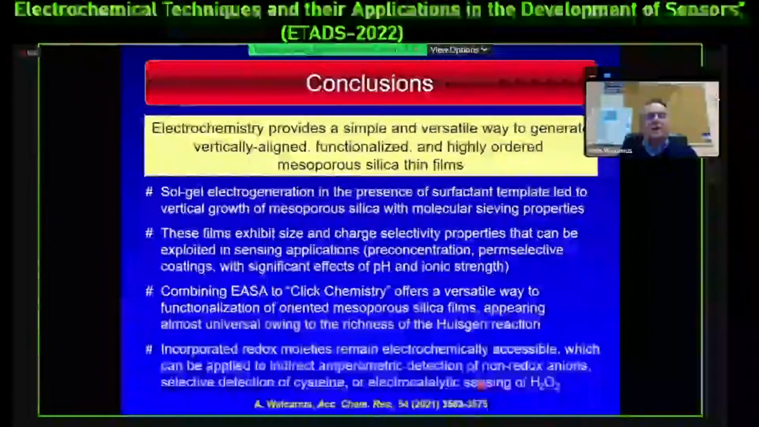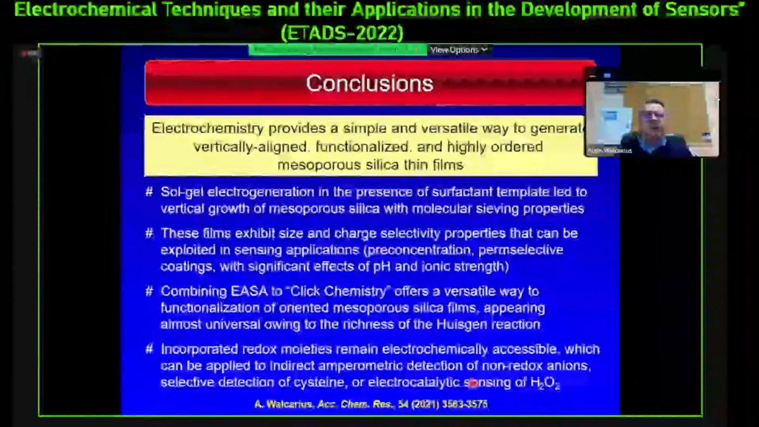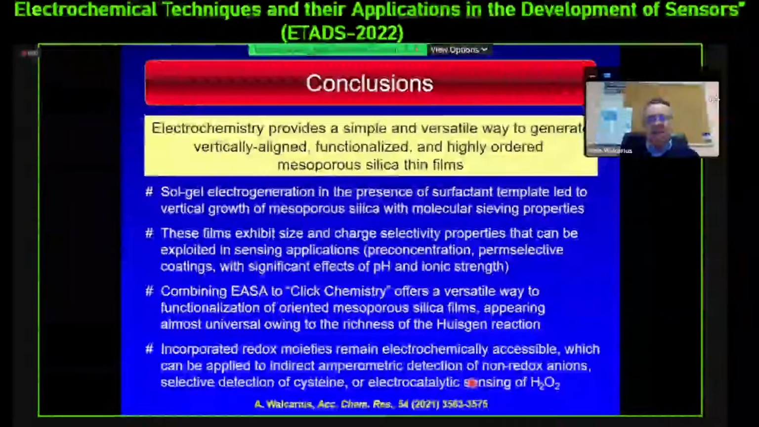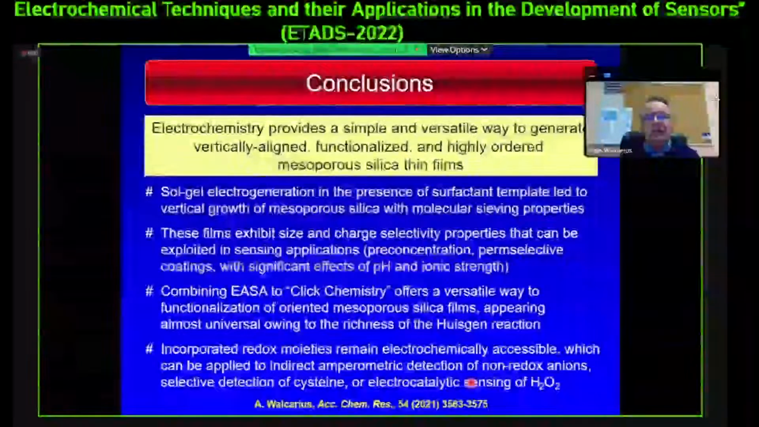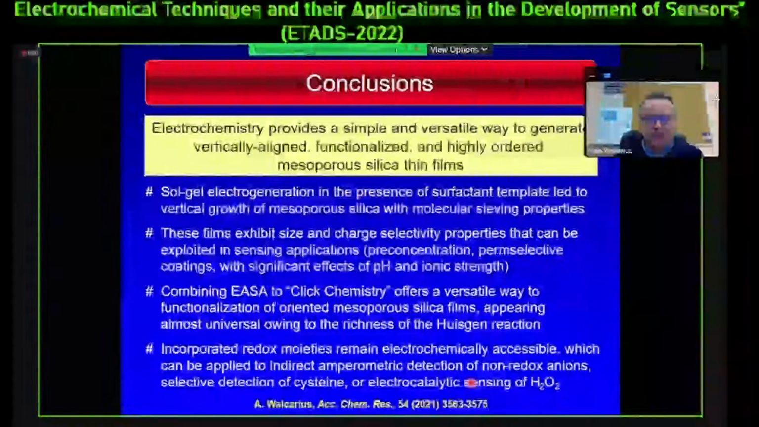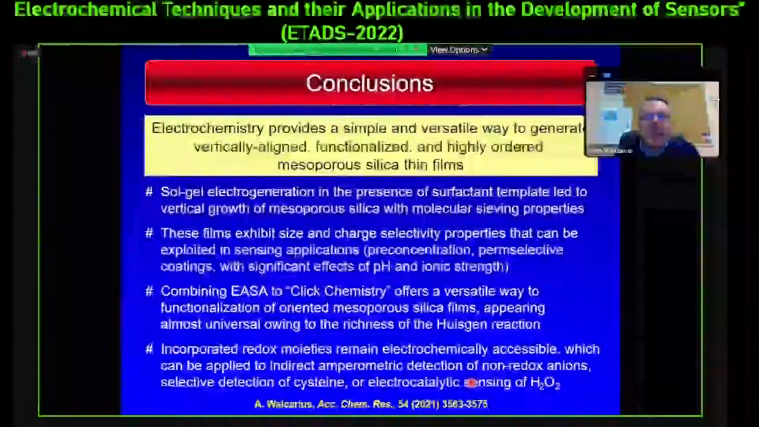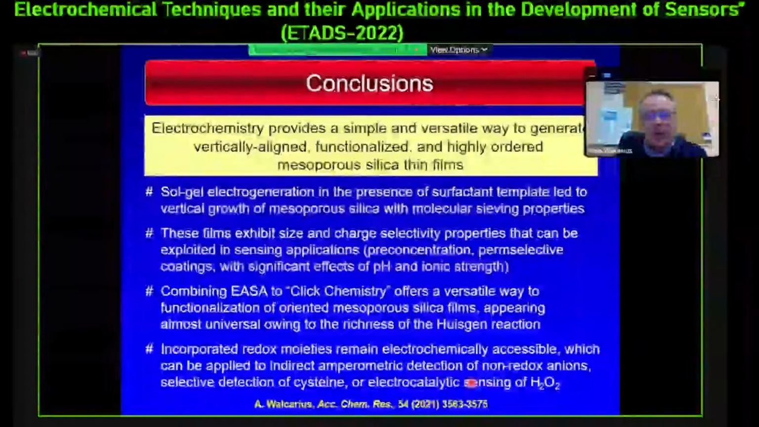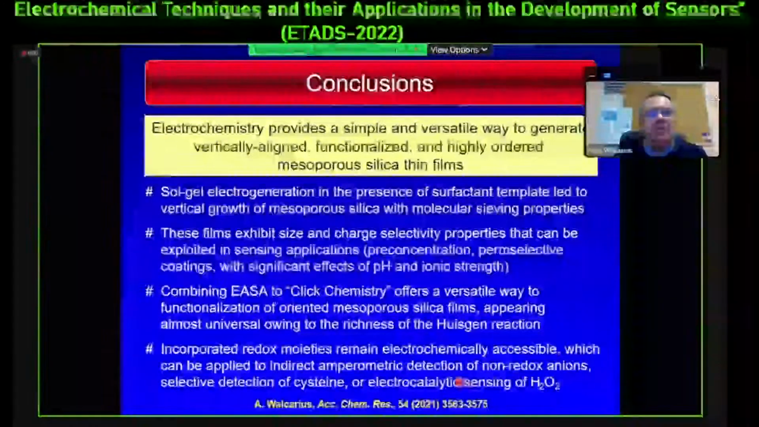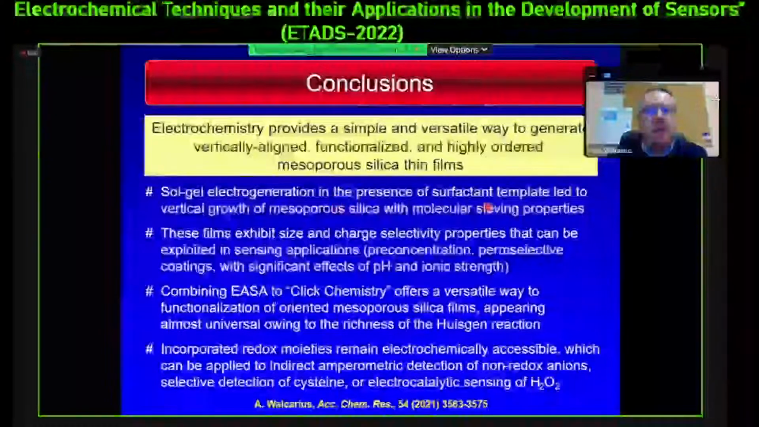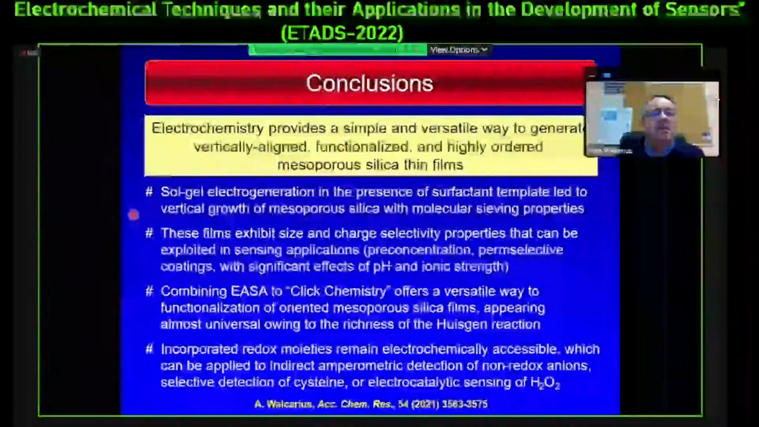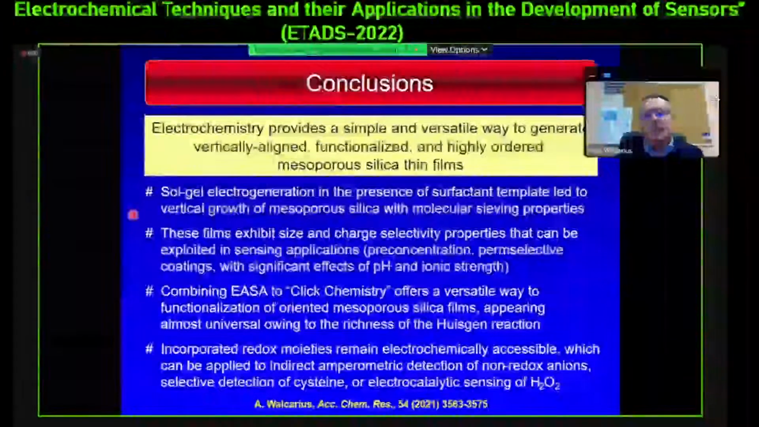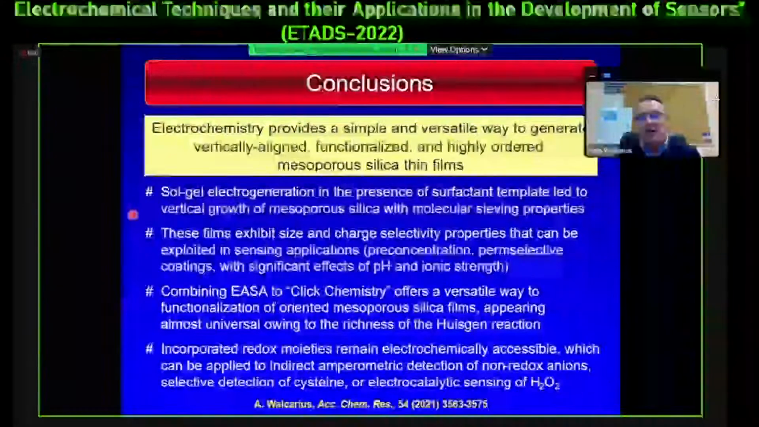Okay, I think it's time to stop here. And I do hope I convinced you that using electrochemistry to form highly ordered and vertically oriented mesochannels, we can apply these for interesting electroanalysis applications. So the sol-gel electrogeneration in the presence of surfactant is likely to give this vertical orientation. These films are characterized by both charge and size selectivity properties, which can be exploited for pre-concentration as permanent selective coatings,